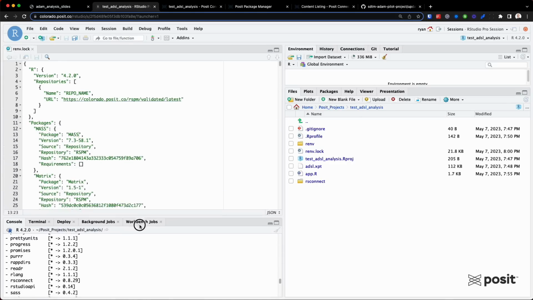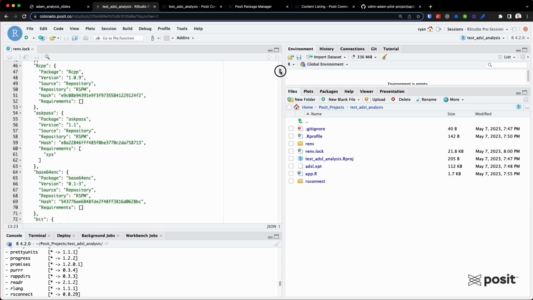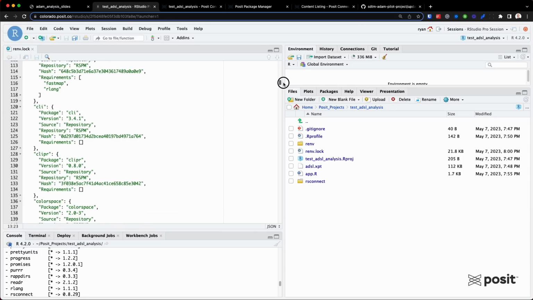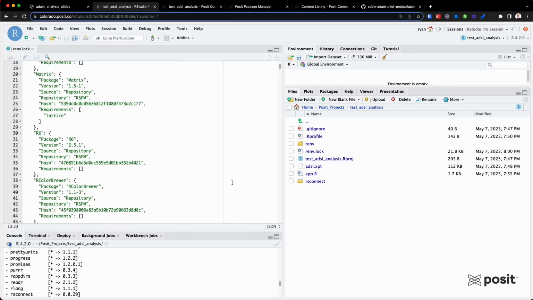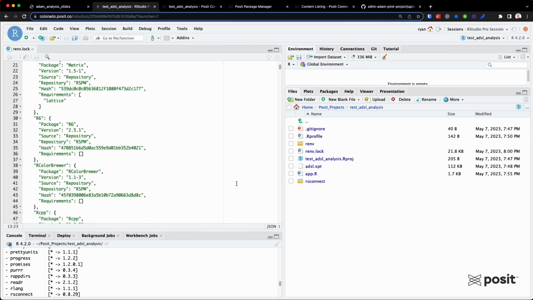Now if we open up our log file, you can see there's a lot more packages in here, but I didn't have to edit this myself at all. It is now reflecting my current R environment and all those packages inside and the correct versions. This file can be shared with other users or as a companion file for FDA submission, for example. And it can be used to reproduce your R environment and your analysis results.